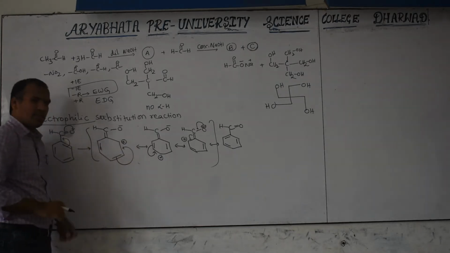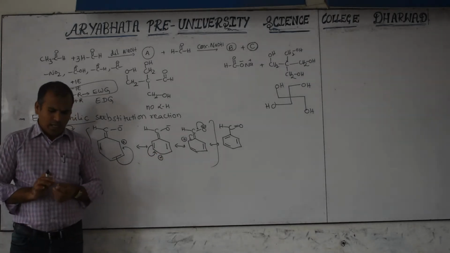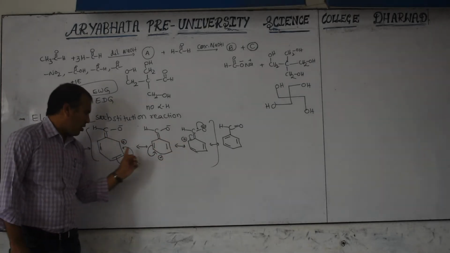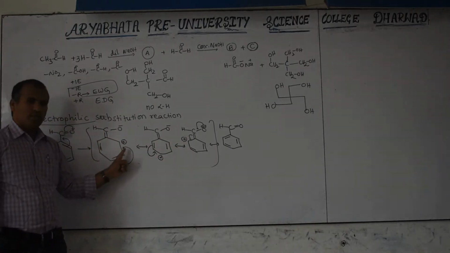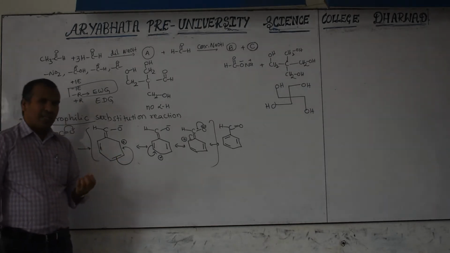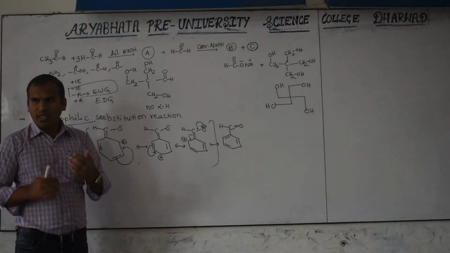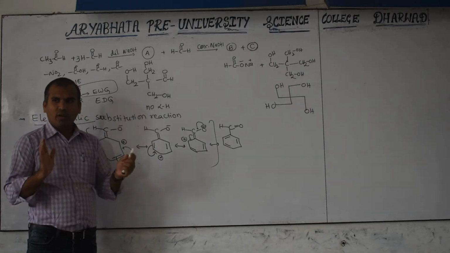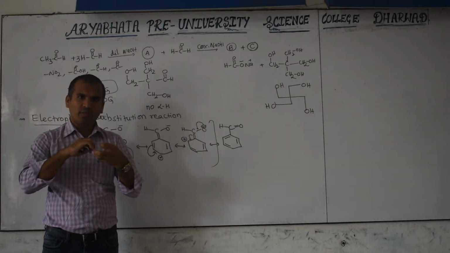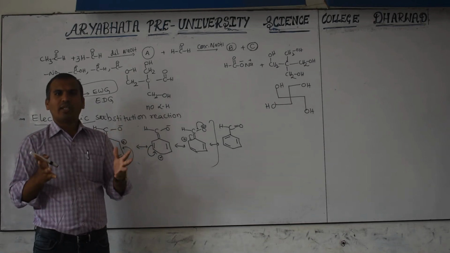These are the resonance structures. These are similar. So in these resonance structures, observe: anywhere a negative charge you got, it is only on oxygen. On the benzene ring we got only a positive charge, there is no negative charge. Got the point? So at which position can an electrophile attack? Where it is electron rich, because an electrophile means electron deficient. For example, if this hand is considered an electrophile and this is also an electrophile, both are electron deficient. Is bond formation possible? No, because both are electron deficient. So to form a bond, what is required?